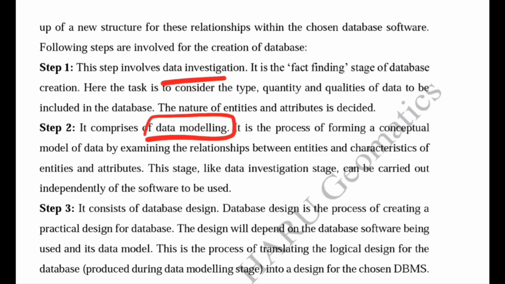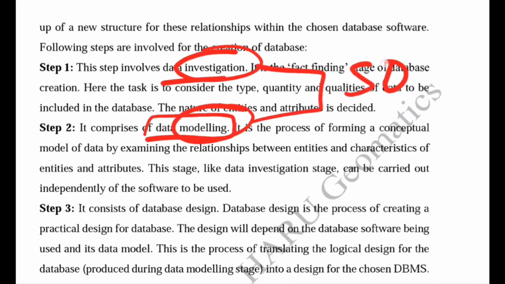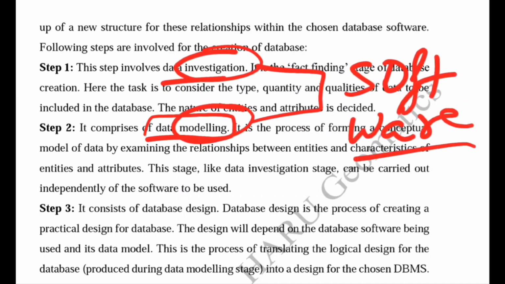So this stage, the data investigation stage, can be carried out independently of the software. These two steps, data investigation and data modeling, are software independent, meaning running these two steps does not require any software.